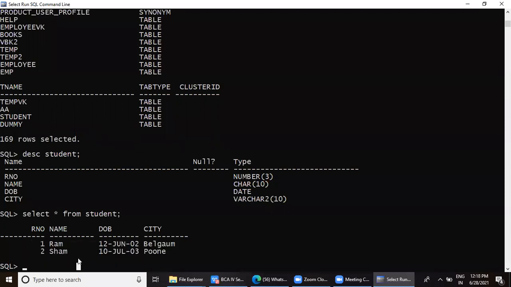So last time I had given you one command which is used for inserting. That was the simplest command. That was insert into table name, that is student, and then in the bracket in sequence you go on giving the values. If the values are non-numeric, you have to enclose them in single quotes. And if the value is numeric, you need not use single quotes. But even if you use single quotes, there is no harm. Fine.